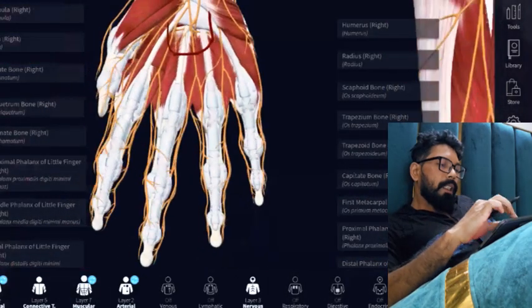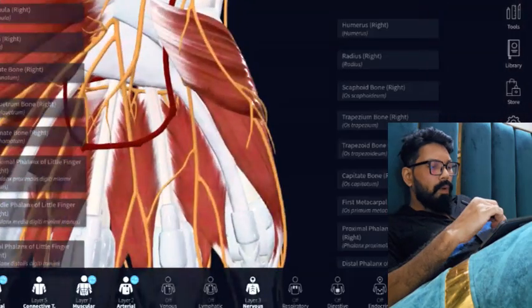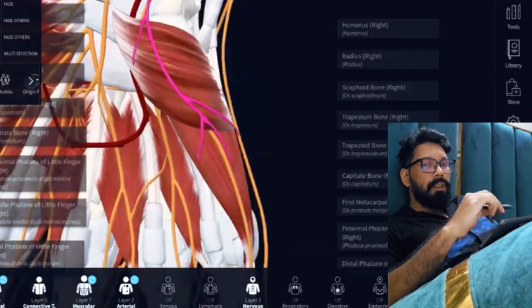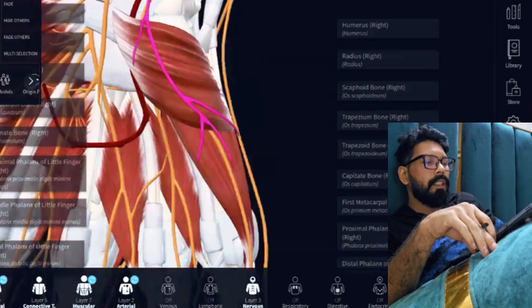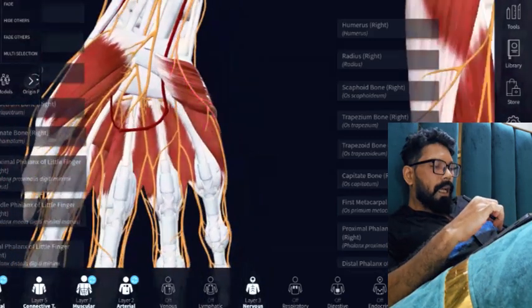Then near the wrist, it will give one palmar branch, just like the median nerve. One palmar branch, that is this one. The palmar branch will supply the skin over your hypothenar eminence. Then we will have